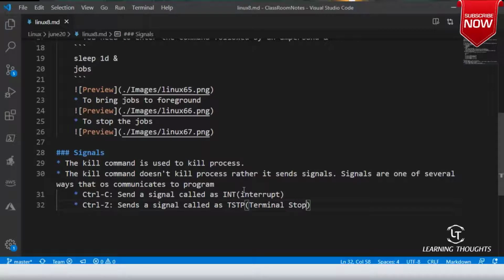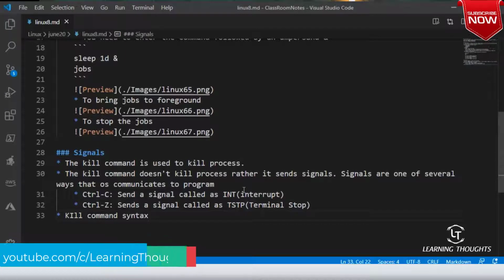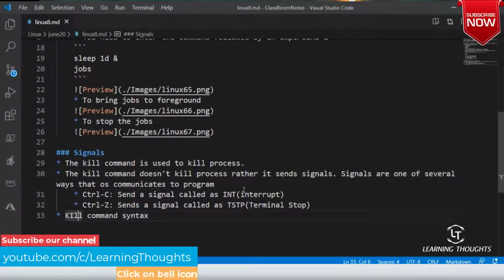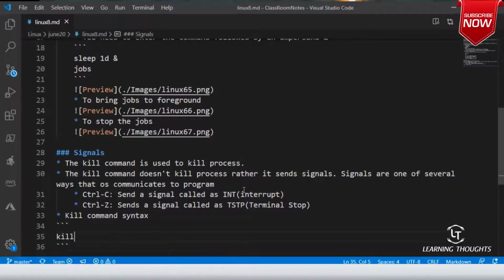Let us look into the kill command syntax. The kill command syntax is very simple. You give kill, a hyphen with the signal, and then the process ID. You can give multiple process IDs at one shot.